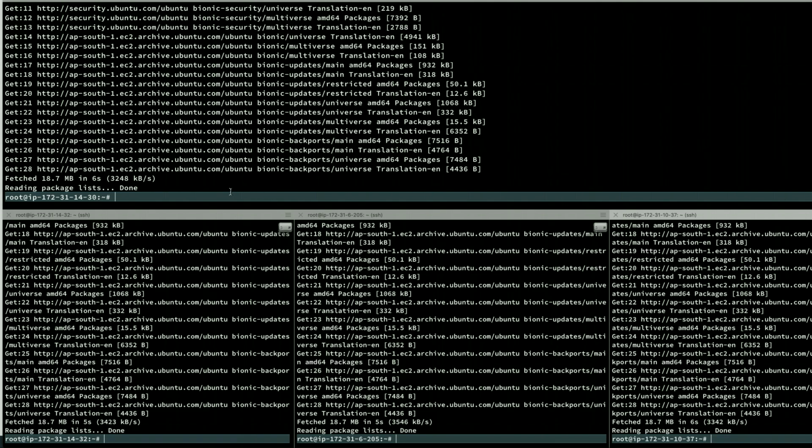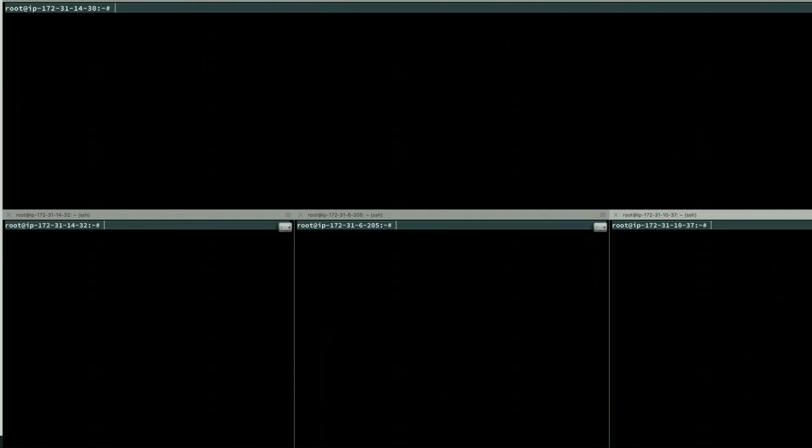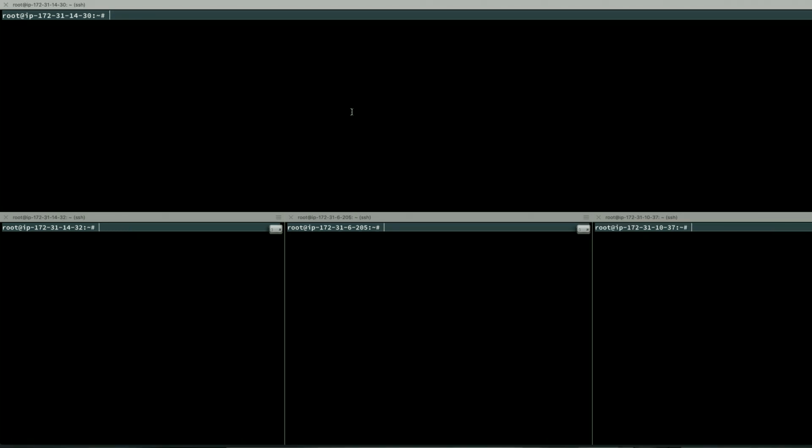All right, so the update on all the machines is completed. Then first we have to bootstrap the master node, and then we have to attach all these worker nodes to the master node. So first thing is we need to connect to the RDS, and we have to create a database to store our cluster information. So for that, I will try to install the MySQL client in master node, and then I'll